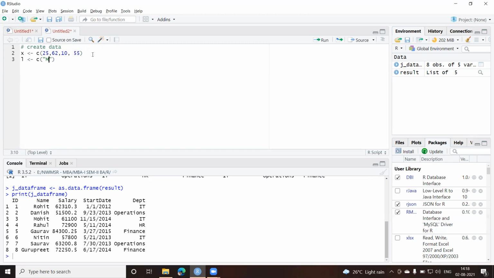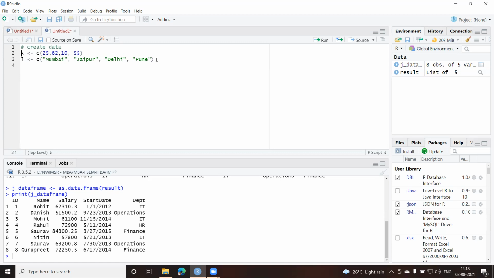Let us put Mumbai, then Jaipur, Delhi, and one more, Pune. So that each of them is represented. So Mumbai will be 25, Jaipur 62, then 10, and 4. So the same sequence I'm going to use. Okay, so 2 vectors I have created.